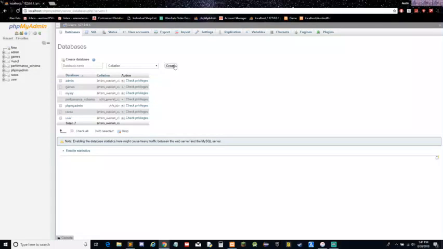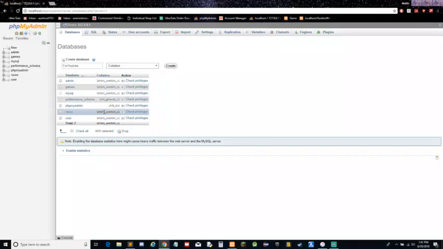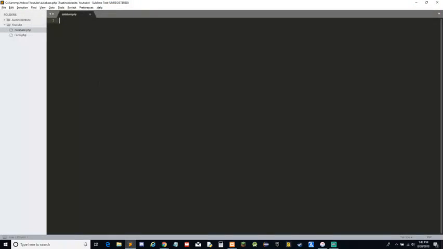My dogs are barking, so let's create a database real quick. Let's do it for YouTube, and this doesn't really matter that much because of the collation, it'll just be Latin1 Swedish CI, which is the most common thing. So first, with a database, you have to create tables, and then within tables, you have data. There are multiple ways you can create a database. You don't have to create it through here. You can create it through code, which